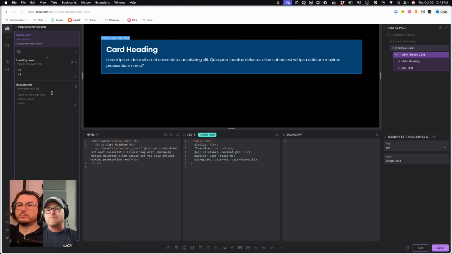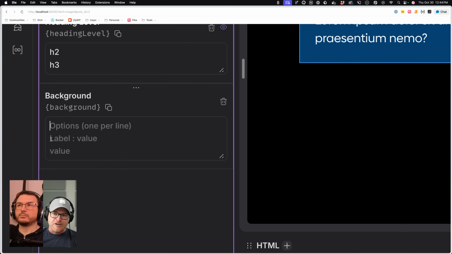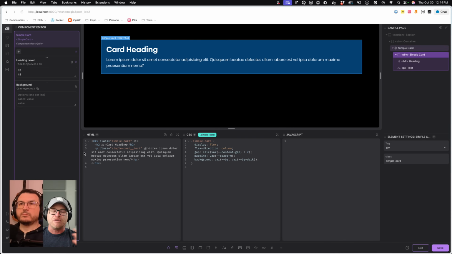So what are our options going to be? Notice it gives you a grade in here, showing you the syntax: you can define a label and then separately a value, or you can just do a value and the value and the label will be one and the same. In the future, you'll be able to determine whether you're outputting the label or the value in certain places, but right now it's just the value that is output.